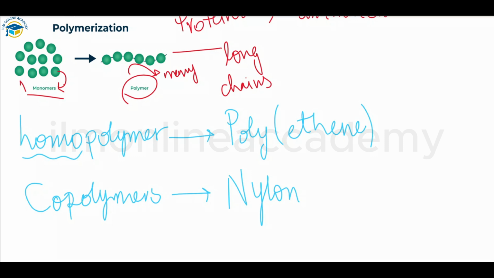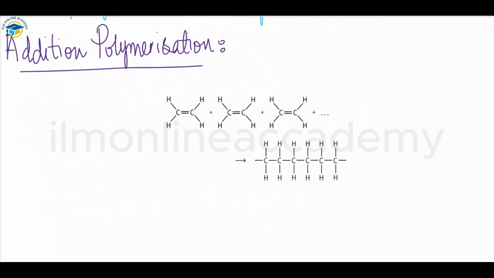So these are the two reactions that happen in them. First we will talk about addition polymerization. First of all, the definition of addition polymerization. Addition polymerization, which is also known as chain polymerization, is a chemical process that happens here, and